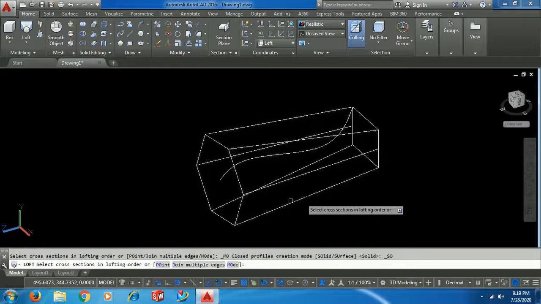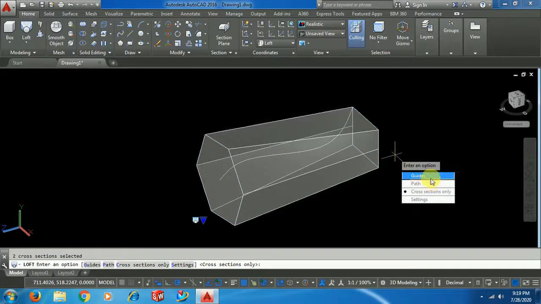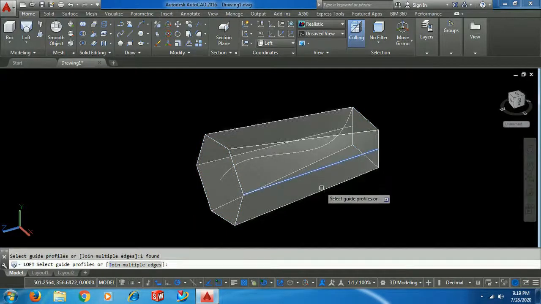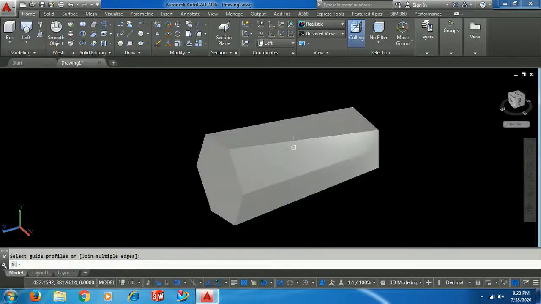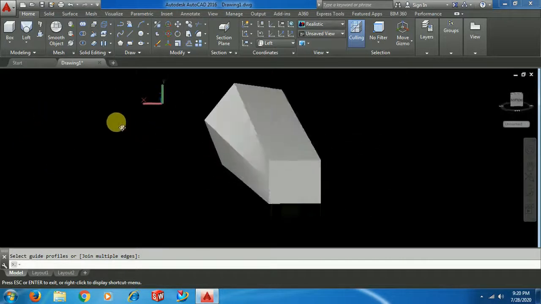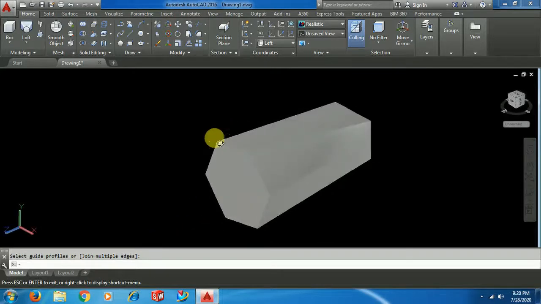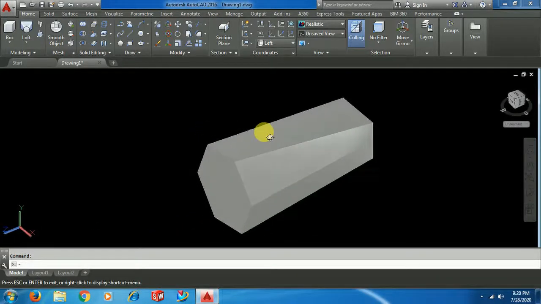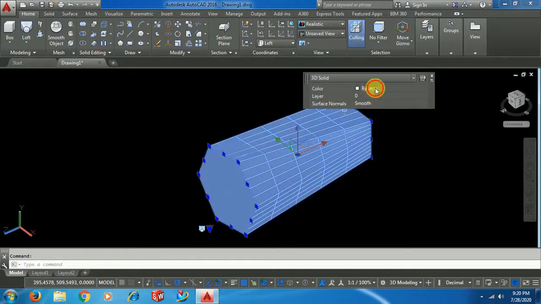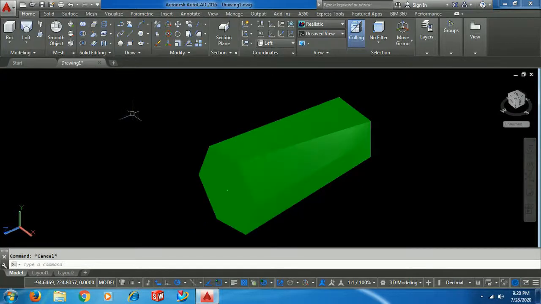Loft, profile 1, profile 2, meaning the sections. Enter, guides: 1, 2, 3, 4, 5, 6. According to those guides, material is added. So this is the usage of the loft command.